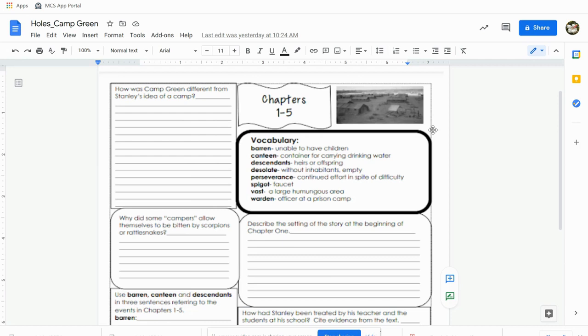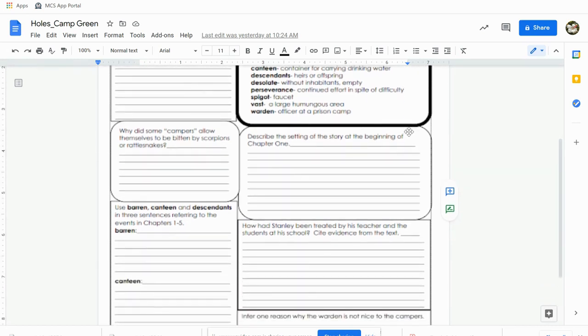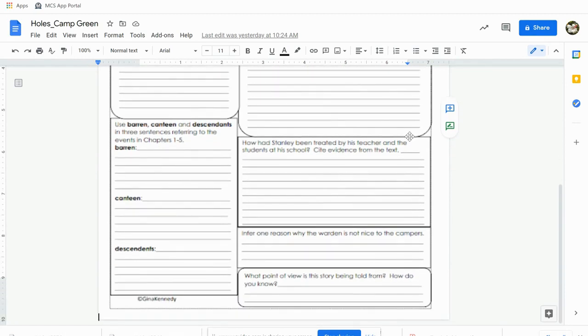To go back to the top of the page where I am speaking about vocabulary, I also have some additional concepts down at the bottom of the page in order to strengthen that as well. So I'm not just giving you, as I said, a running record of sorts or a dictionary. Now I want you to do some practice. I want you to go in, use that term, and show me that you have the ability to create a cohesive sentence that makes sense and is aligned with what we have been speaking of thus far. And then, as I stated, you just go on and on with different types of questions.